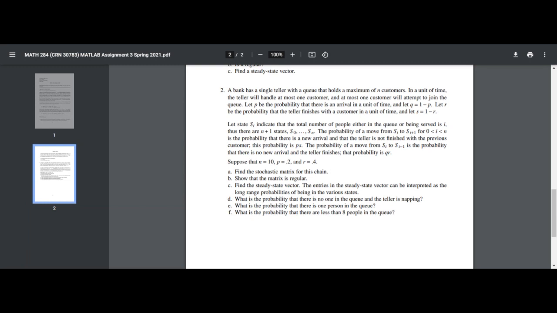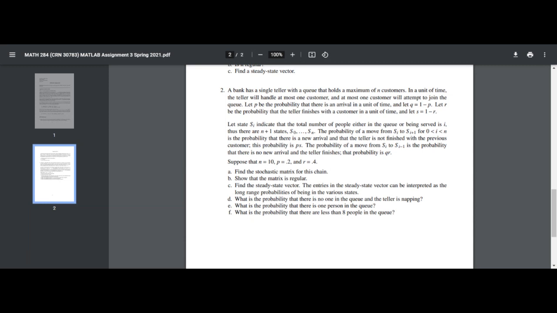Three things can happen. I'm just giving an example. If there are 8 people in line, that's your state, waiting in the queue with the teller. After a minute, the number of people in the line could stay the same at 8. That would mean the teller didn't finish with that person, and nobody new entered the line.